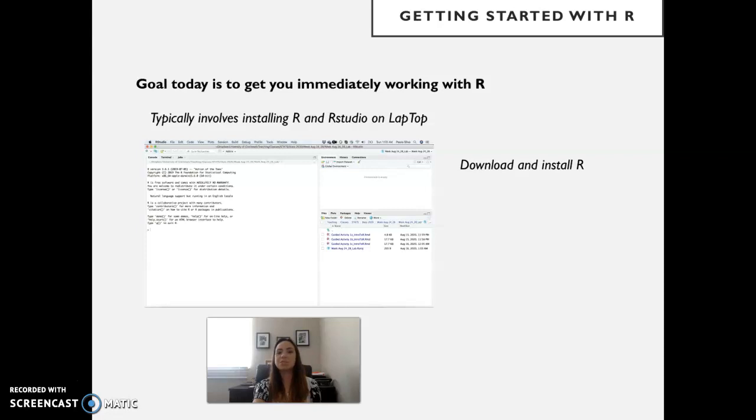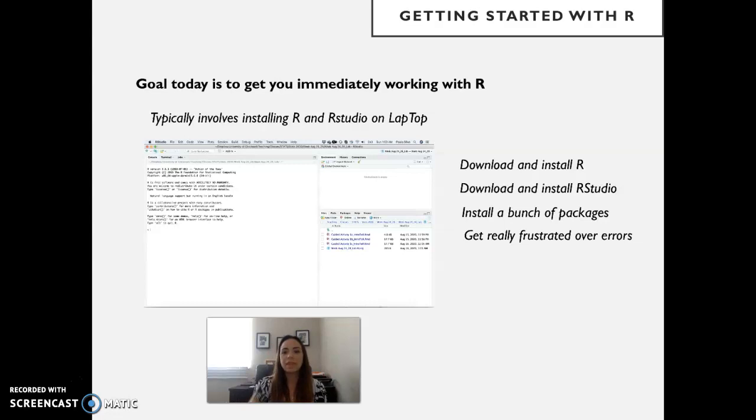Now, the steps here are: you download and install R, you download and install the app RStudio, you install a bunch of packages that will be necessary for the code that I'm going to give you to run. And then you get really frustrated over a bunch of errors that appear, and the errors are different for different students because it depends on their machine.